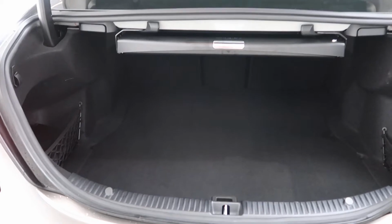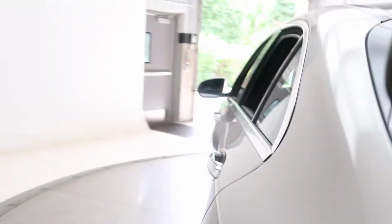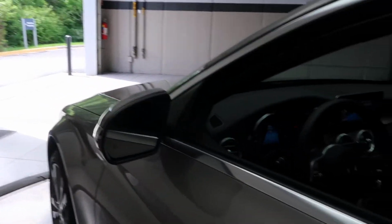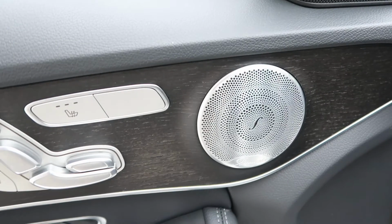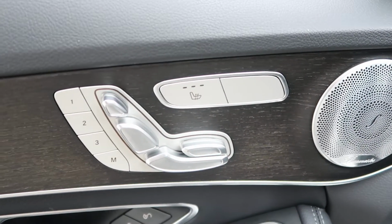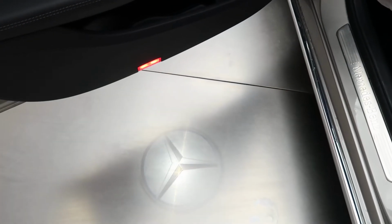power liftgate, comfort box, fold down rear seats. Alongside, this one does come with a blind spot assist. Also comes with the Premium 1 package, which is going to give you a keyless entry, Burmeister sound system, a natural oak wood trim, heated seats, memory seats, power windows, an LED logo when you open the door,